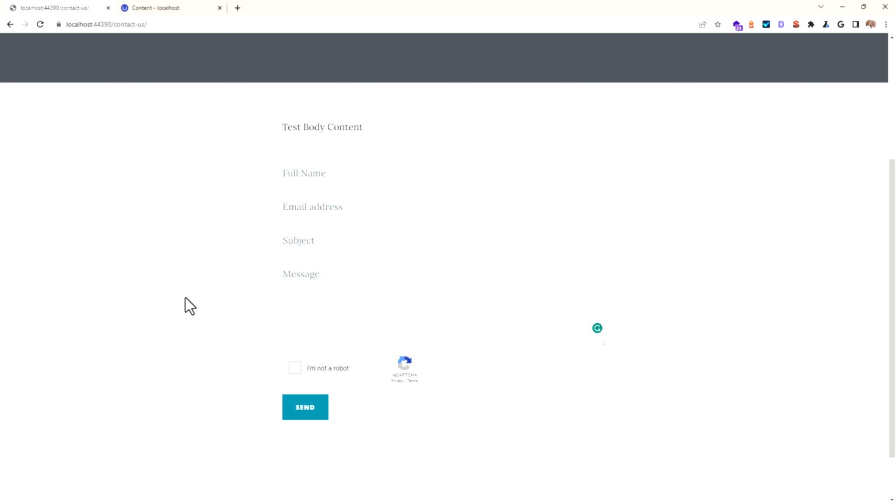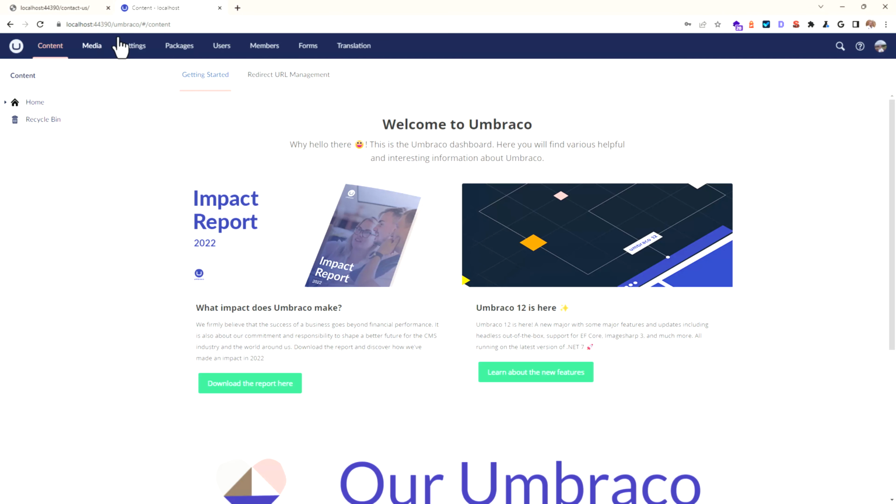So what is the best idea here? We need something to extend Umbraco, the Umbraco back office or the Umbraco dashboard, as they call it, to display that data inside the Umbraco back office. So how can we do that? Umbraco has something called